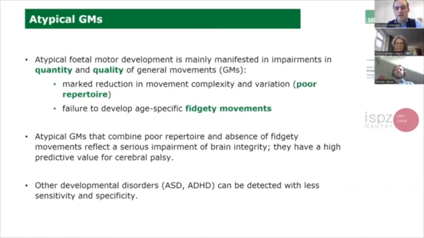with cerebral palsy. The sensitivity and specificity for other diagnoses like autism spectrum disorder or attention deficit and hyperactivity disorders is also possible to detect with the general movement analysis or the assessment of general movements, but sensitivity and specificity of this is definitely much lower than for the early detection of cerebral palsy or the risk for later